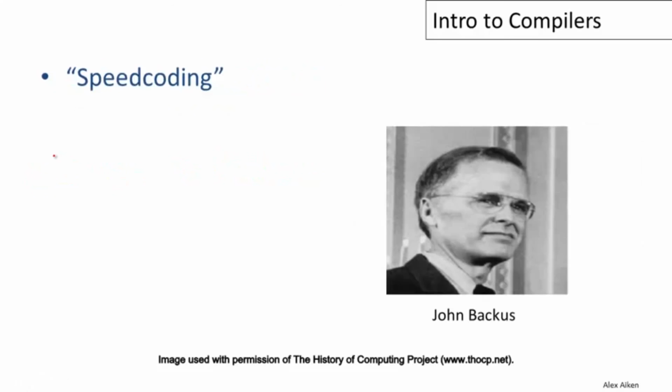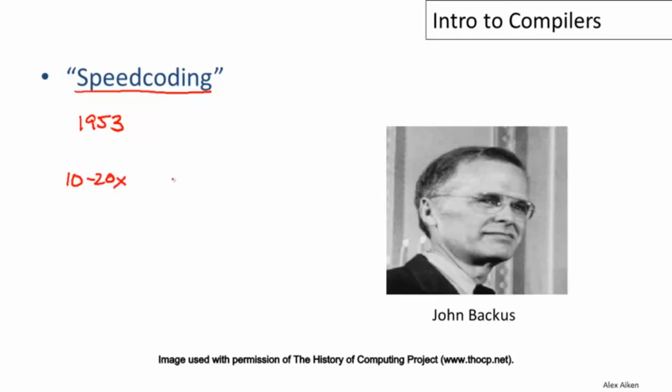One of the earliest efforts to improve the productivity of programming was called speed coding, developed in 1953 by John Backus. Now, speed coding is what we would call today an early example of an interpreter. And like all interpreters, it had some advantages and disadvantages. The primary advantage was that it was much faster to develop the programs, so in that sense the programmer was much more productive. But among its disadvantages,